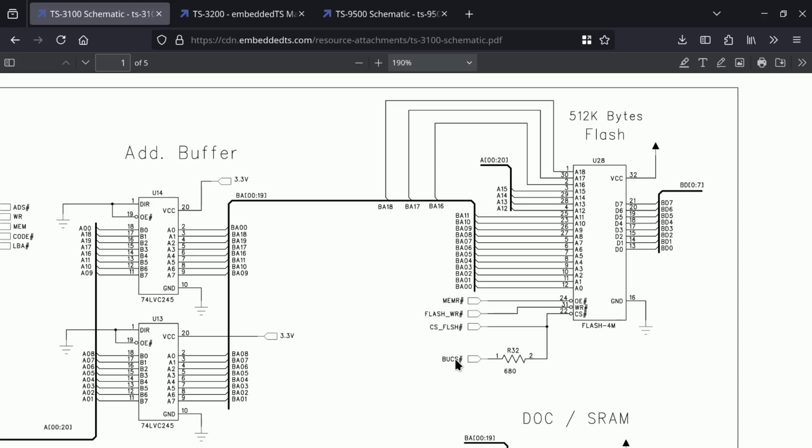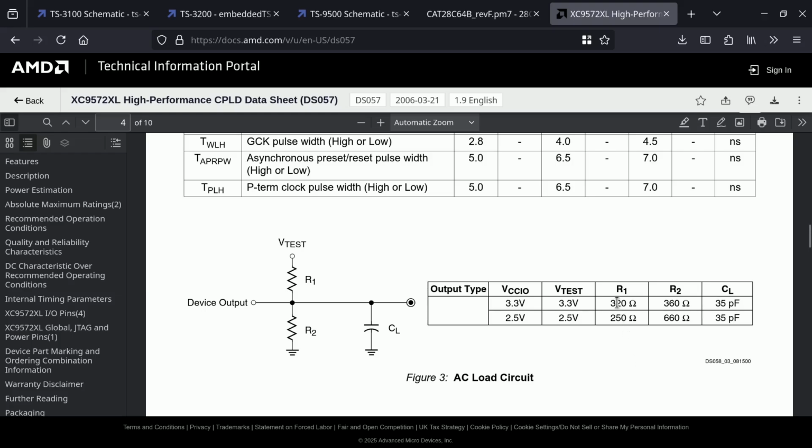Okay, so the chip select signal is what's called an active low signal, meaning that connecting it to ground turns the chip on and connecting it to VCC turns it off. If we tie CS flash to VCC, even if the BUCS net goes low because the board is trying to enable the flash, it's not shorted out. Sure, you're wasting 5 volts divided by 680 ohms, so 7.5 milliamps of current through the resistor and PLD, but that's well within the rating of the PLD. The test circuit described in the PLD's manual is set up to source or sink around 10 milliamps, so we're